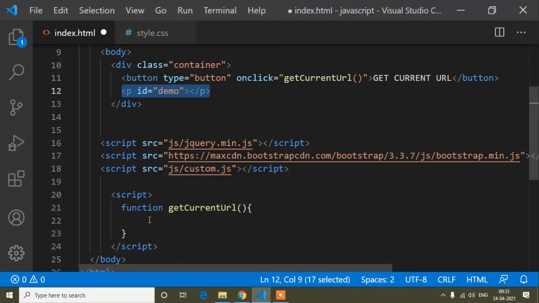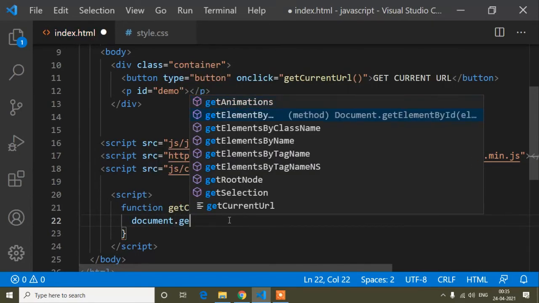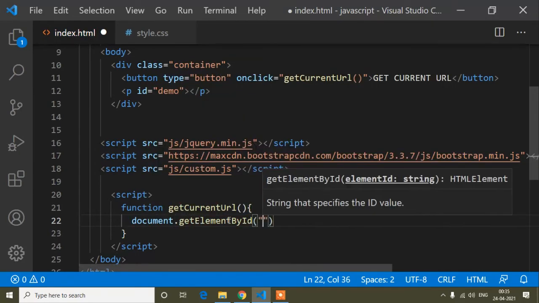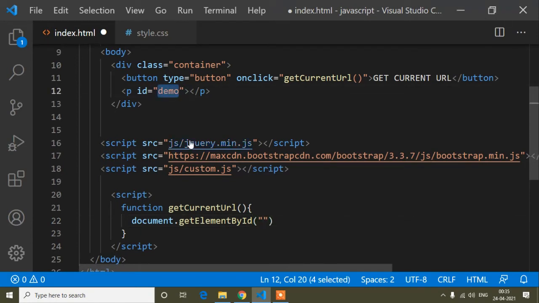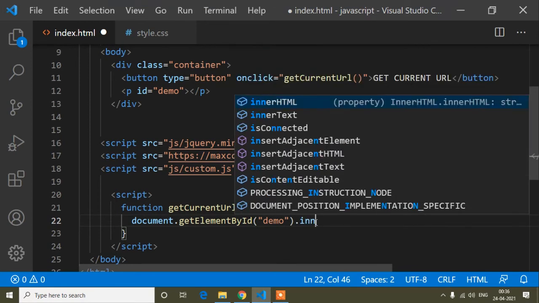Now I will write document dot getElementById, and our id is the one I have written inside this p tag. When we want to print anything in JavaScript, we write innerHTML.